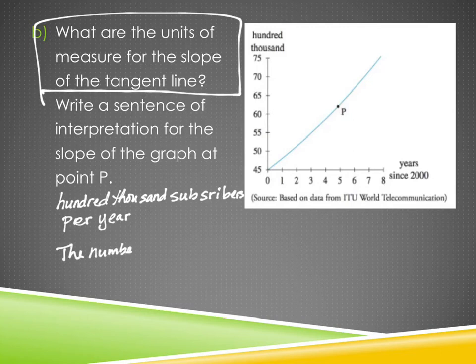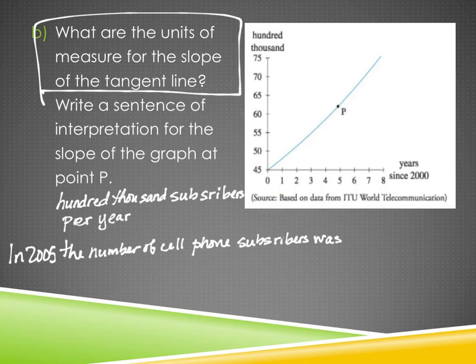The number of cell phone subscribers, that's what was changing, right? We could actually put it at the beginning. In 2005, we'll put that at the beginning. I usually do my when first. I don't know why I didn't here, but I should have. When? In 2005, because that was my interest level where it said P on my actual graph. In 2005, the number of cell phone subscribers was, there's the past tense, it was, but it was doing it instantaneously. So it was increasing, present tense, right, happening right then, was increasing by